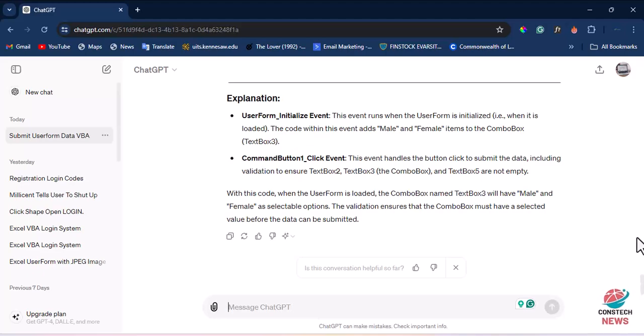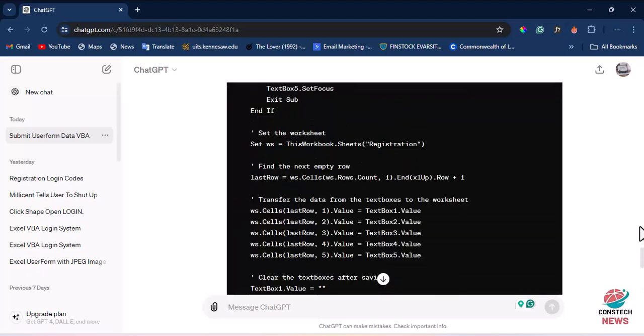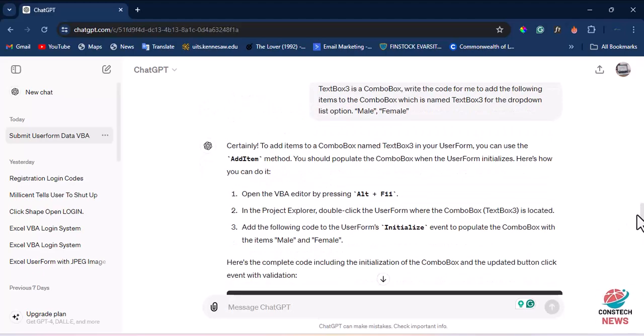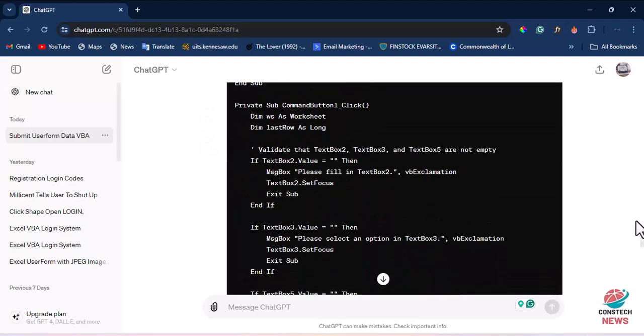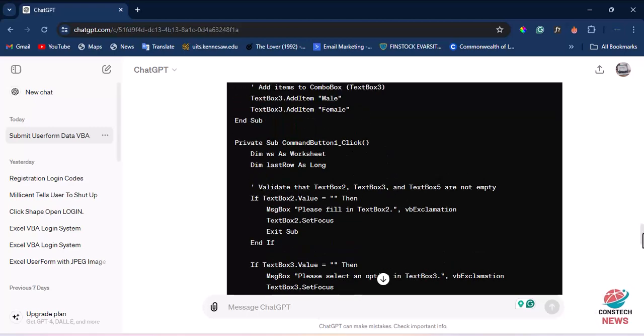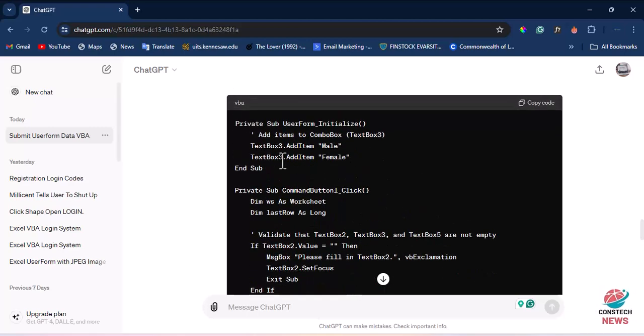This is what I want. This is it. This is here. This is what I want. The whole of this, only this one. Don't copy all. Just select this. Control C to copy. This is already there. This is what is called the submit button or the save button. So you don't need this code. Okay. So let's go to our